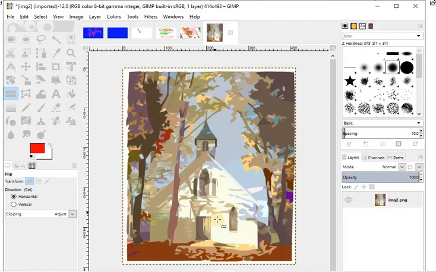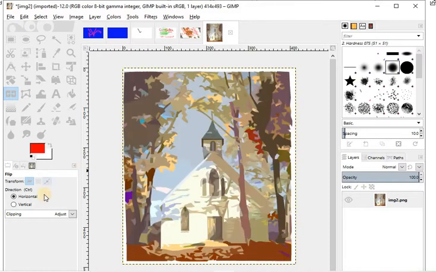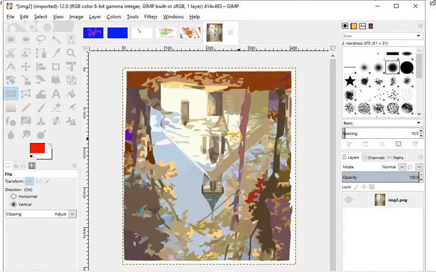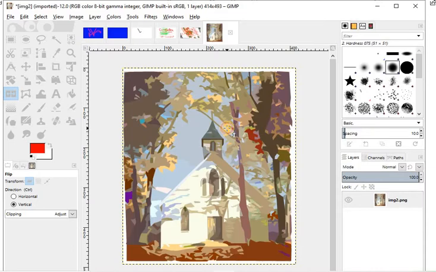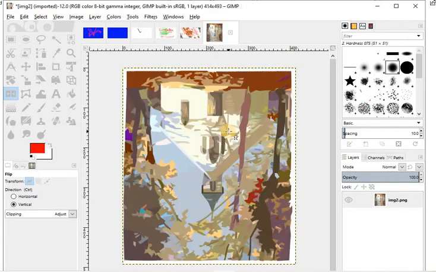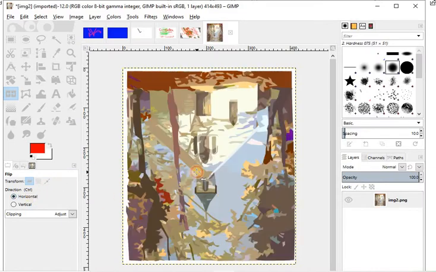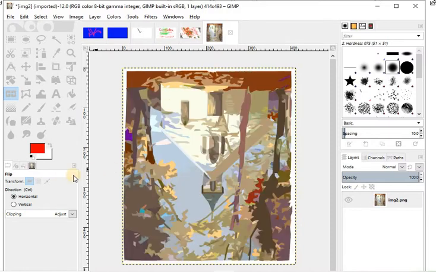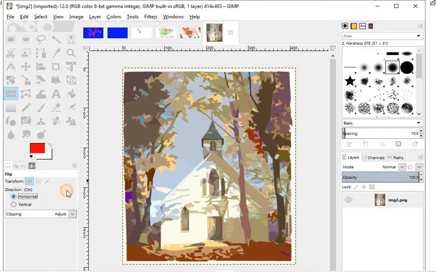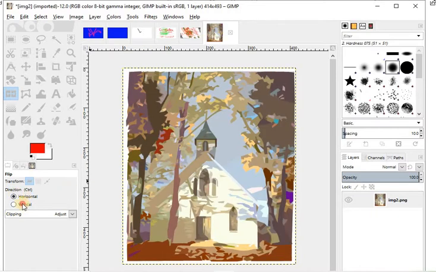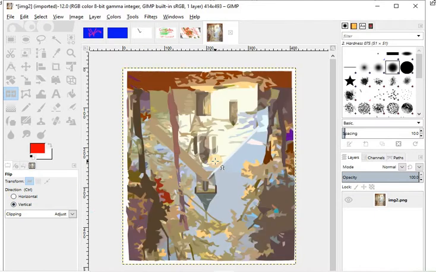See, this is horizontal flip, and here we can change to vertical flip. So all these options we have.